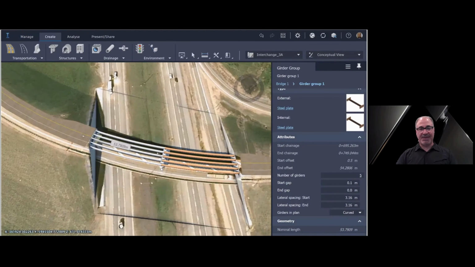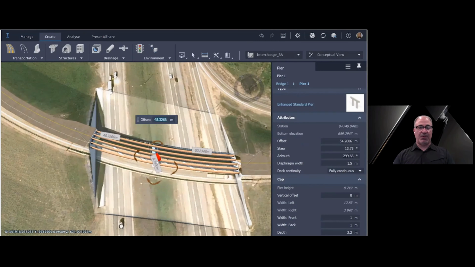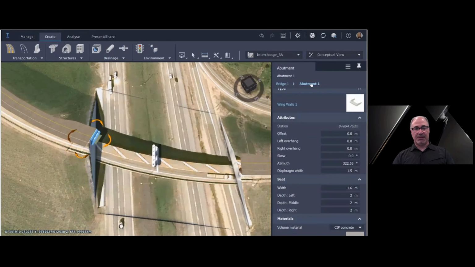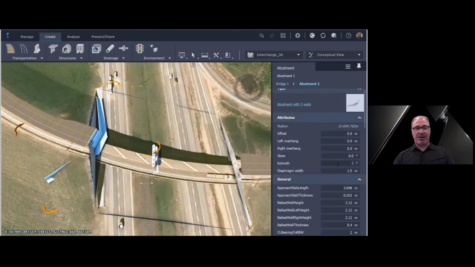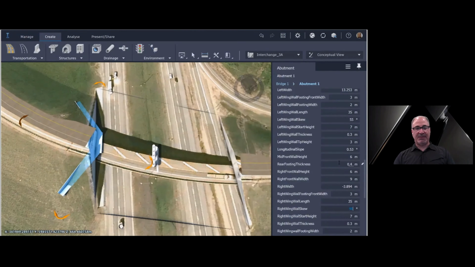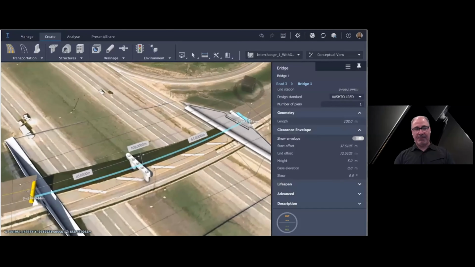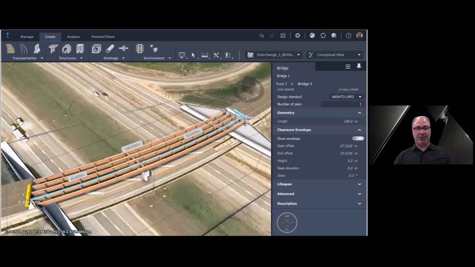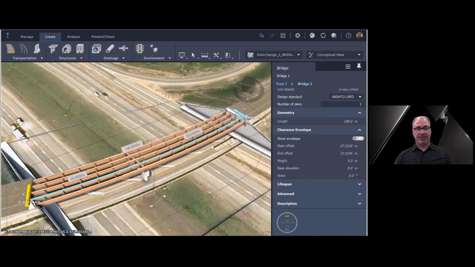Working in context means that you can look at the constraints of the site, the point cloud, the terrain model, and so on, and adjust the layout of your bridges. Here I'm now selecting the abutment and replacing it with a custom parametric abutment created in Inventor that allows the user to change any of the parameters to get the desired layout. And now we have the first steel bridge, and I added all the dynamic cross frames and diaphragms and bearings. These are all parametric.